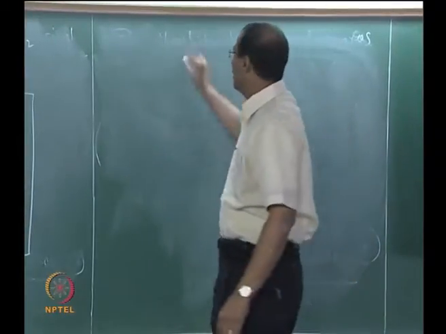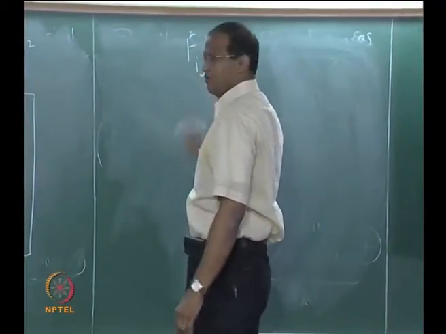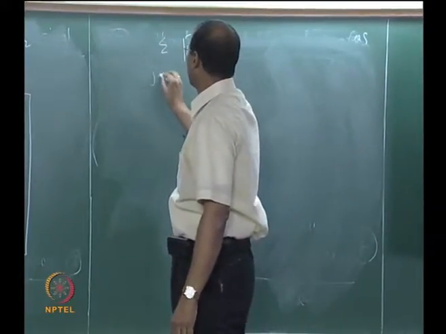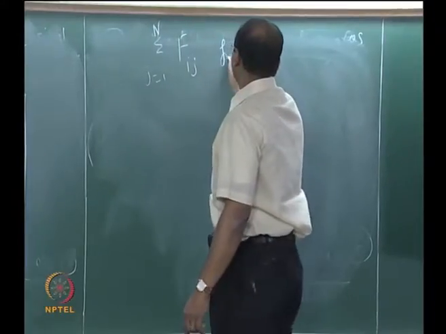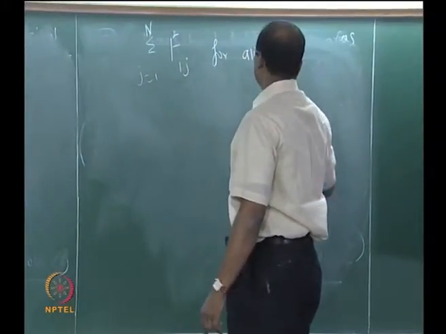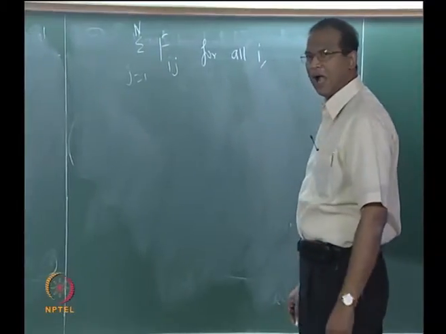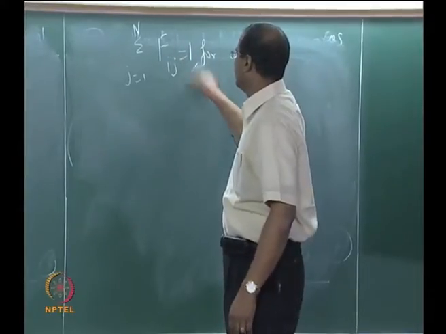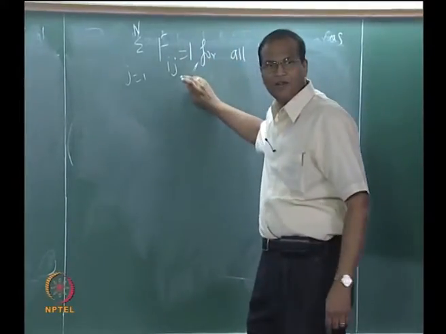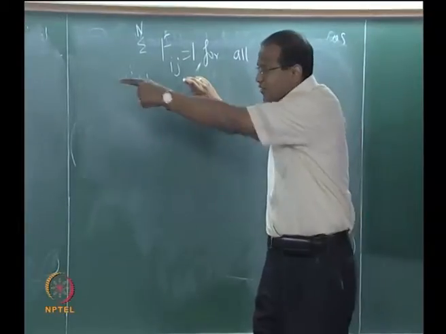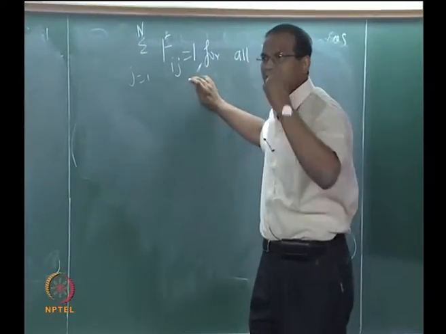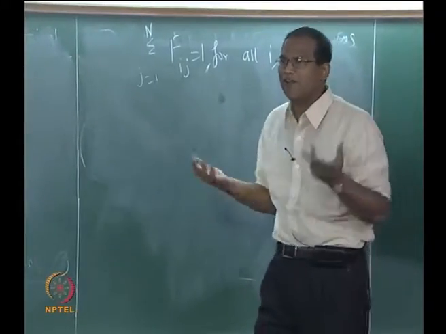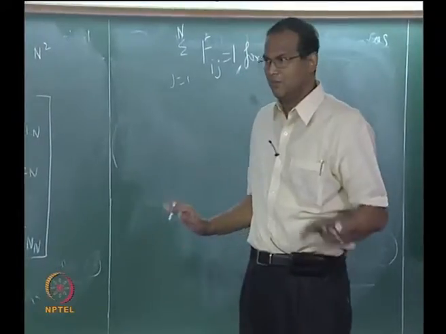Fine. Now, please look at the board and tell me, what is this? Very good. It has to be 1 because this is an energy balance. From surface 1, if there is a 5 surface enclosure, F11 plus F12 plus F13 plus F14 plus F15 must be 1. Where else will the energy go?